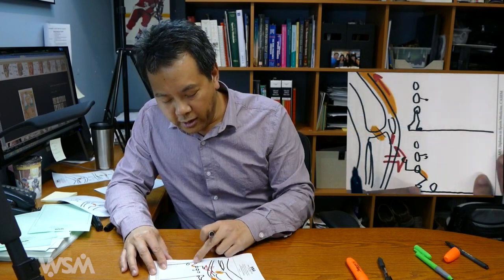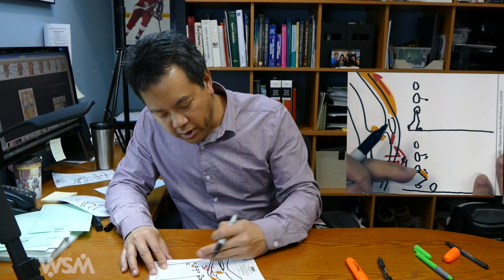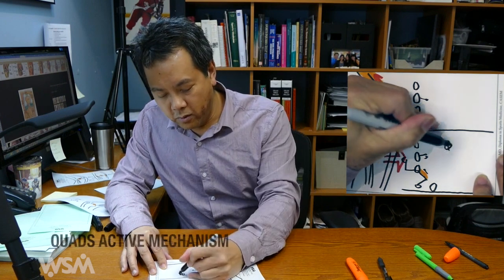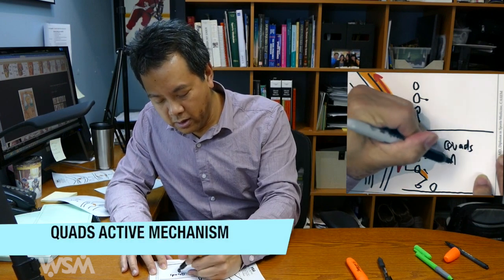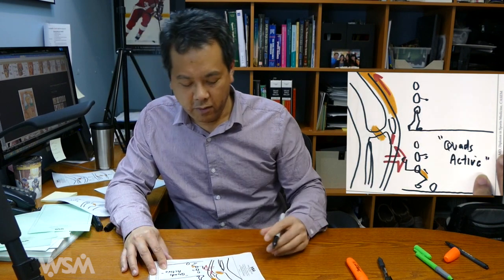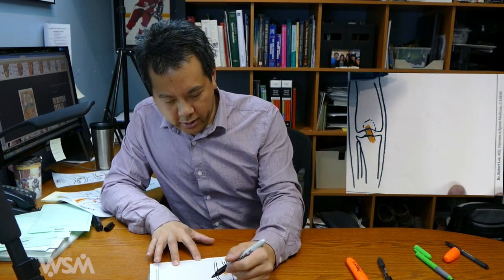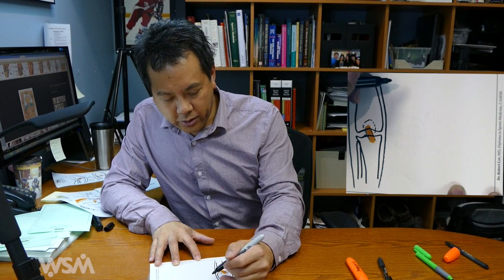Where you run, stop suddenly or change direction, your quadricep muscles fire really quickly, and it pulls your tibia forward, and so this is often known as the quads active mechanism for injuring your ACL. Now, there's another mechanism for injuring your ACL, and that has to do